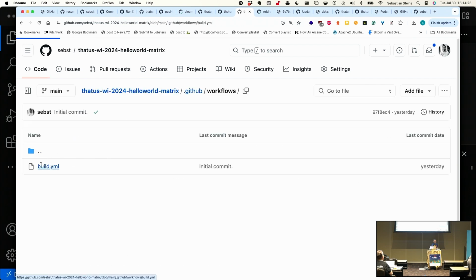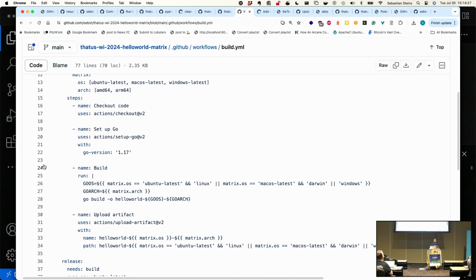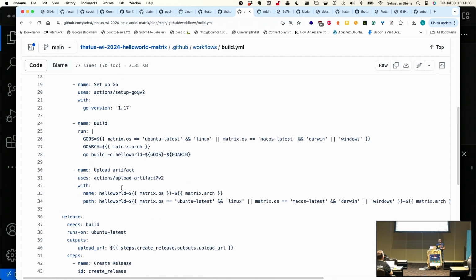Then I upload the artifacts to GitHub. Again, the artifacts are bound to GitHub Actions. They are not published, not even on a public repository. They are just ready to pick up for another action. So what I would need as a next step is to make that public, which means I need to create a release,